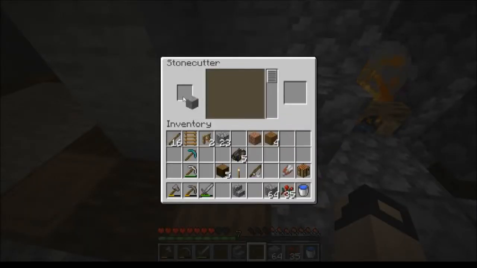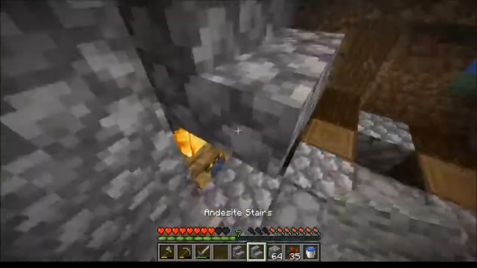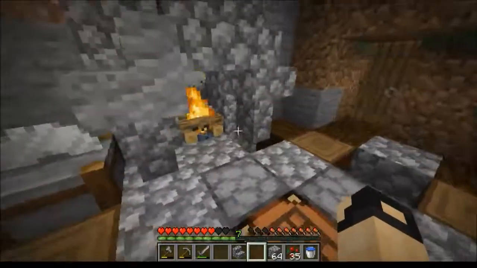Alright, so what I'm going to do is throw andesite in here, and that way I can pick from all sorts of andesite blocks. So I can make andesite stairs like that, and they can go right there. And I can make...